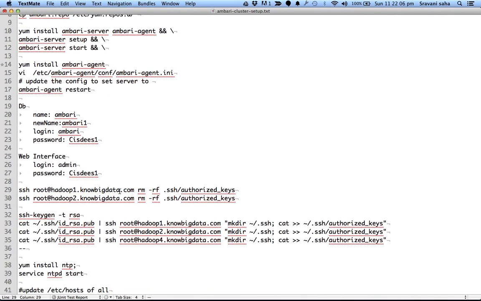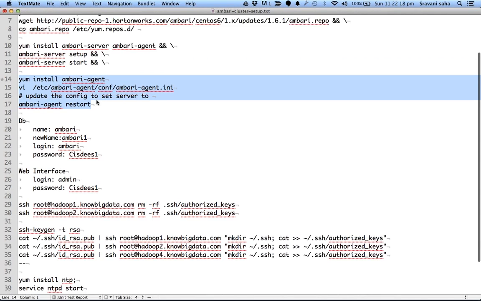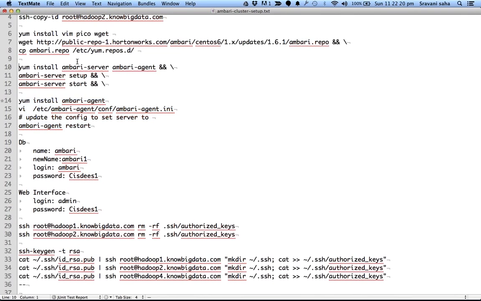Here, what I did next was, after telling the Ambari agent that this is my server, I restarted the Ambari agent, and I did this on all the other nodes. On Hadoop 1, this is the only thing I did, while this part I did on all the nodes.